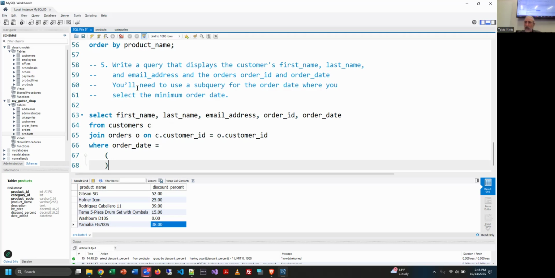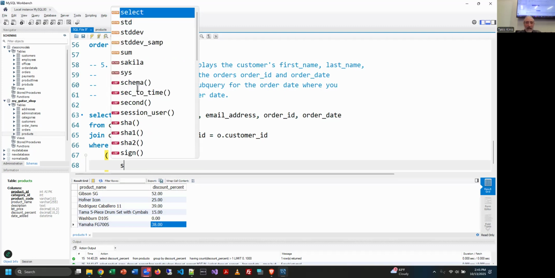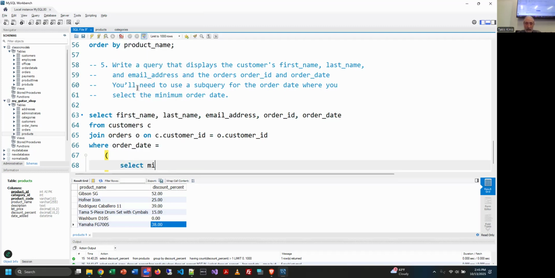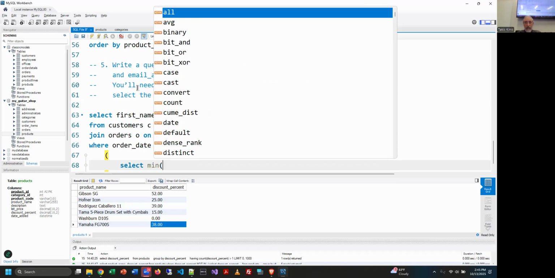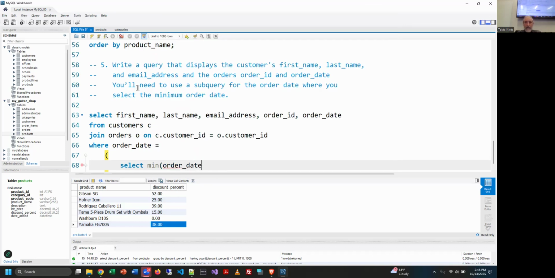So notice open and close parentheses, and then I'm going to select, we can use the min function right here, the minimum order date, close paren,